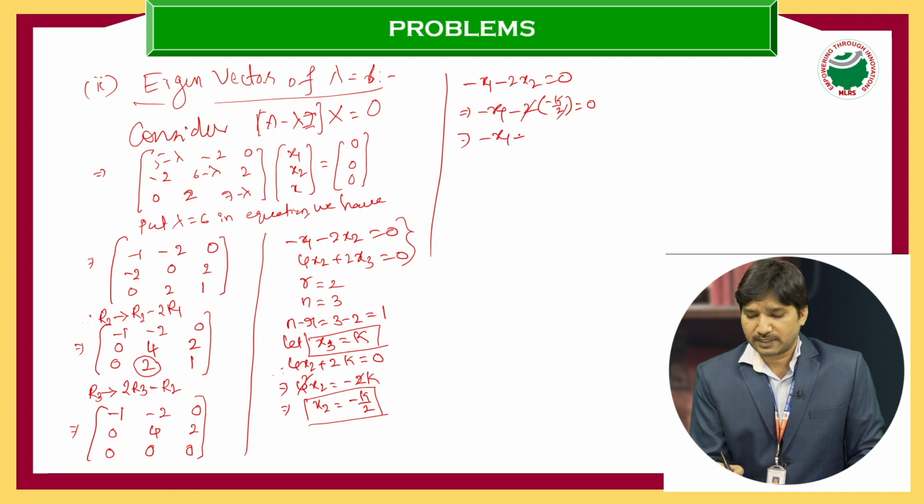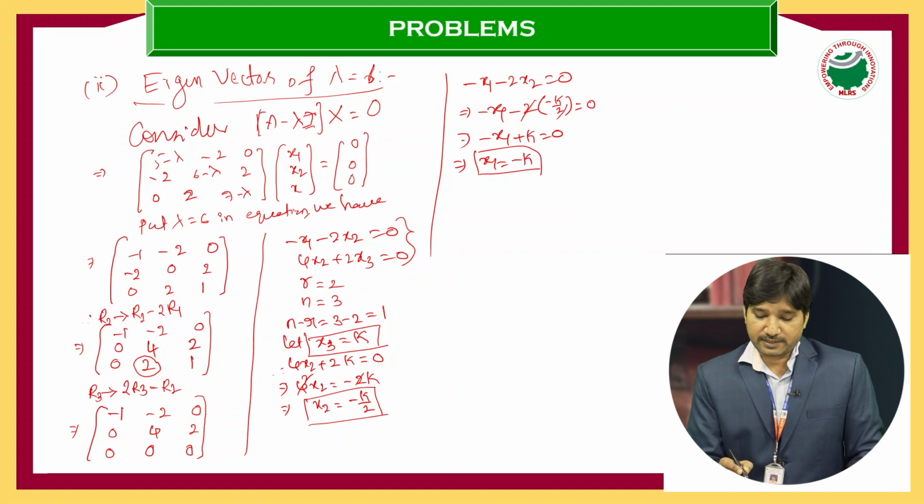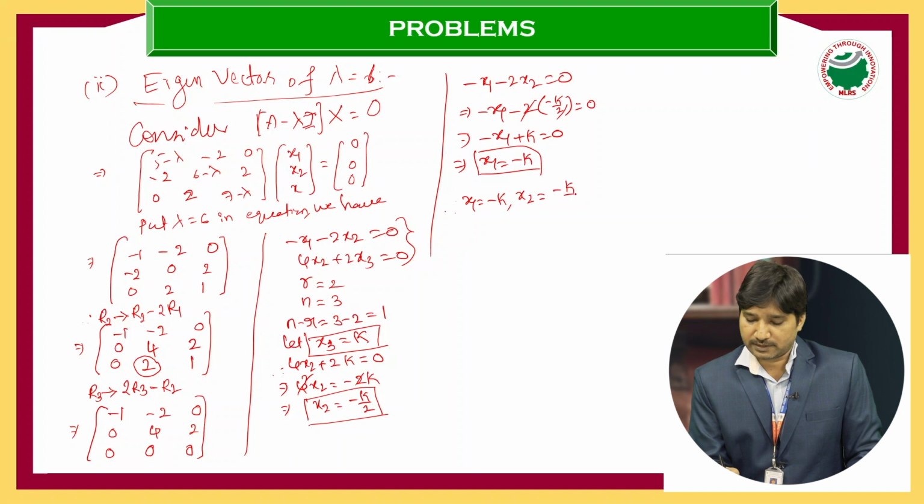Minus x1 plus k equal to 0. x1 equal to minus k. Therefore, x1 equal to minus k, x2 equal to minus k by 2,